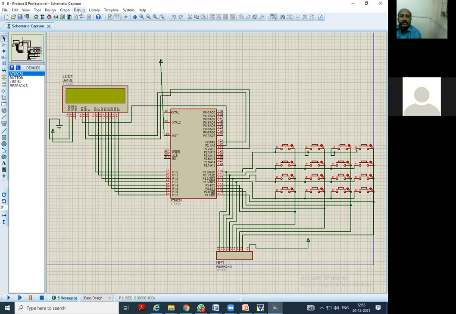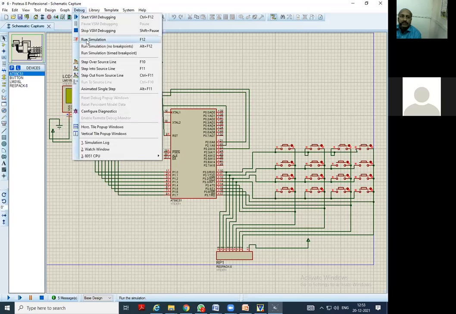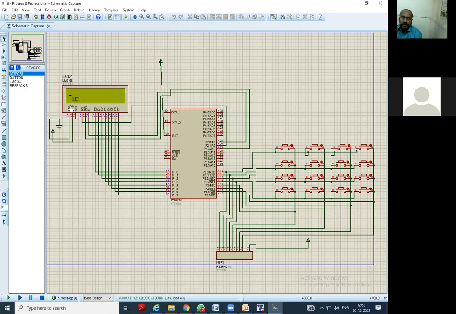That option is here, run simulation, or the F12 key on the keyboard; if you press it, the simulation starts. Now as I run the program, you will observe here the LCD becomes green, with the line on and KEY displayed, because the code is also written for that. So if I show that